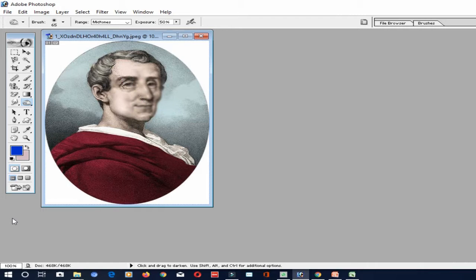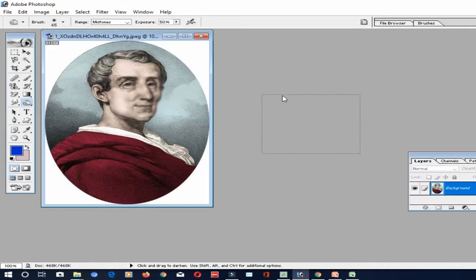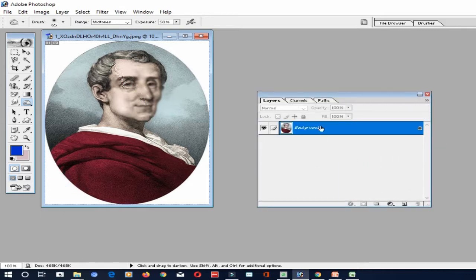So you can add a number of layers, hide layers and lock layers, change the position of the layers, delete layers, and also customize the layer. You can apply a layer style to add a special effect such as a drop shadow or a glow. So let's see what this layer panel is and how it works. This is the layers panel. Can you see, it has three tabs here: layers, channels and paths.